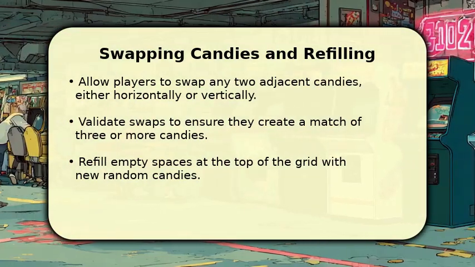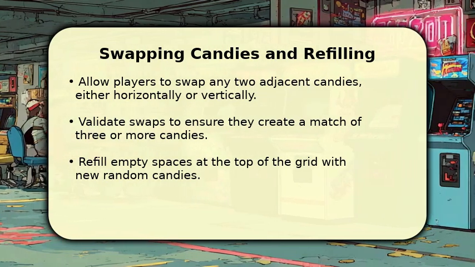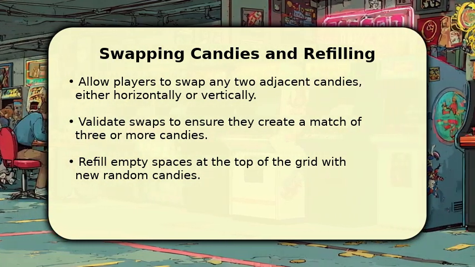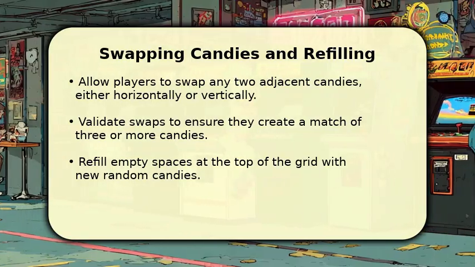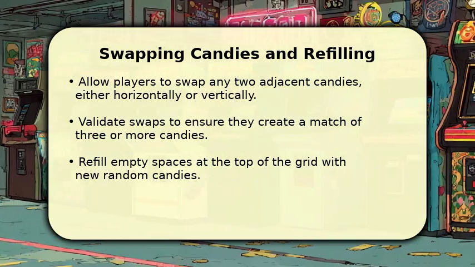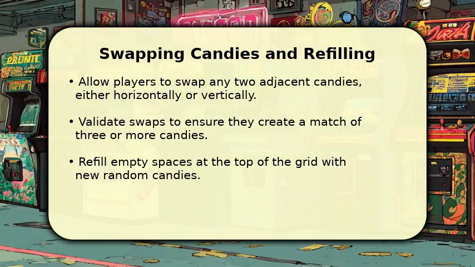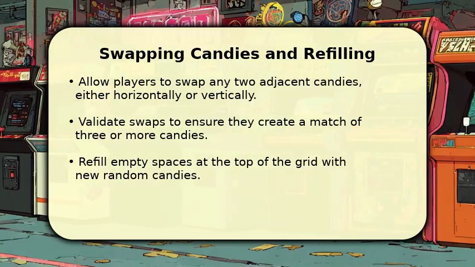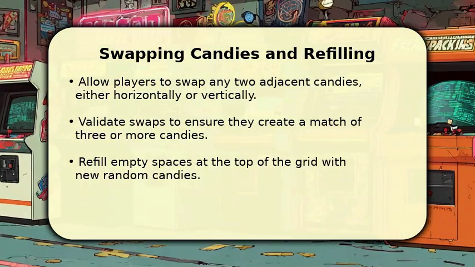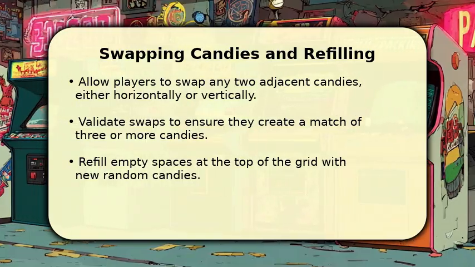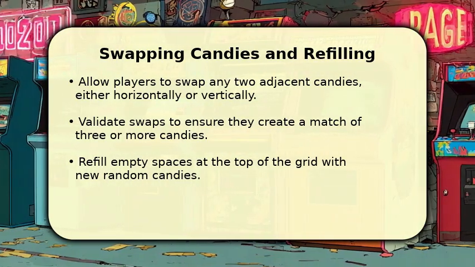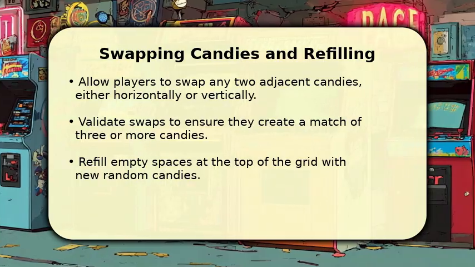Now we'll enable player interaction. Allow users to swap any two adjacent candies, either horizontally or vertically. After a swap, immediately check if it results in a valid match of 3 or more. If not, the candies should swap back. Finally, refill any empty spaces at the top of your grid with new, randomly generated candies, keeping the game board